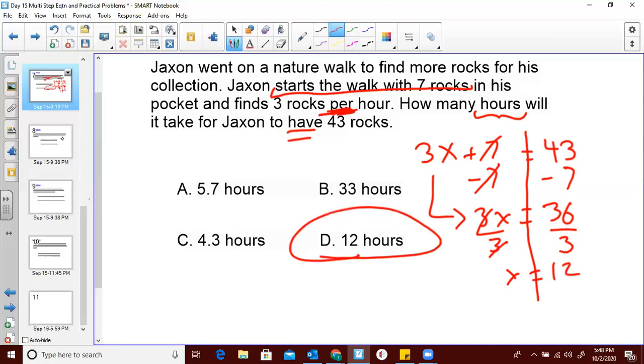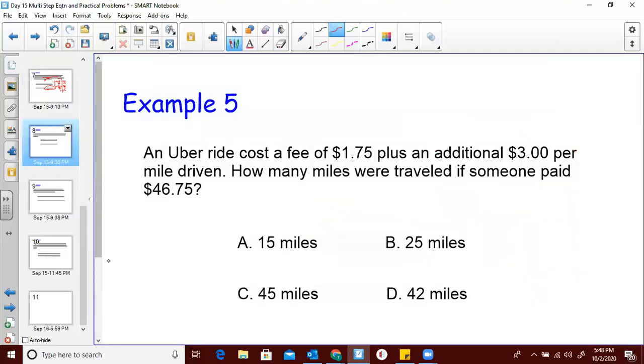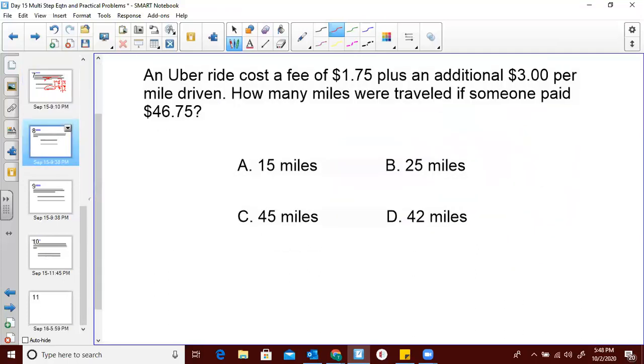All right, so I'll stress it on this one. An Uber ride costs a fee of $175 plus, that's a word you guys all know, plus an additional $3 per mile driven. How many miles, that's our variable, were traveled if somebody paid, that's our end word,